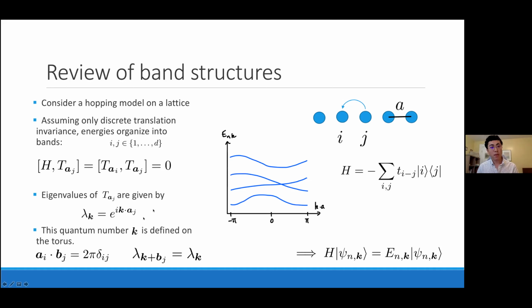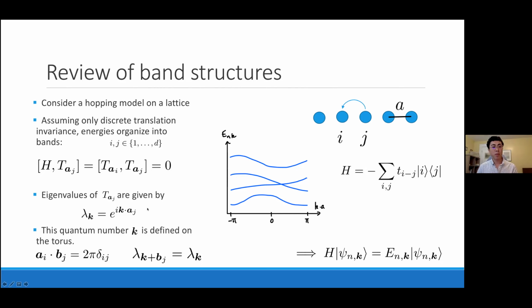And now another thing to understand about these is that although these lambdas are these phases, they're labeled by a quantum number k. And it's useful to think about the space in which these k's live. Now, it's not completely obvious, but we know that these a's, say a1 and a2, define some lattice. Correspondingly, there'll be a dual lattice defined by vectors b1 and b2. Now, these b's come with a peculiar normalization. Typically, we don't have this factor of 2 pi in other dual lattice situations, but it helps to simplify the